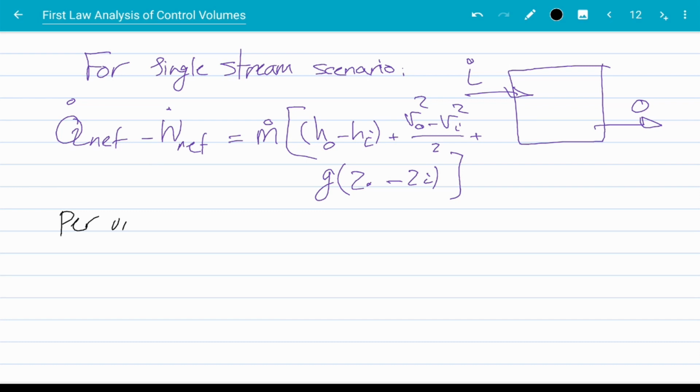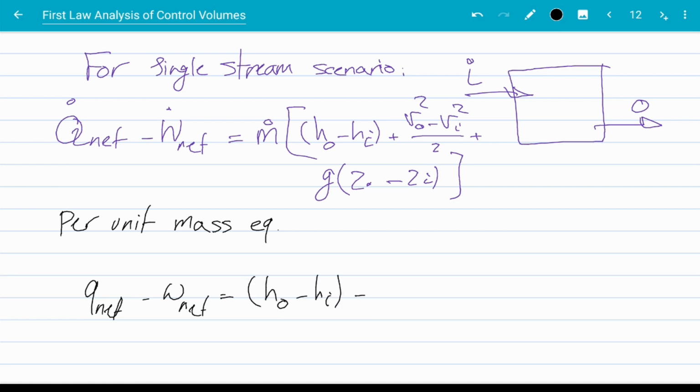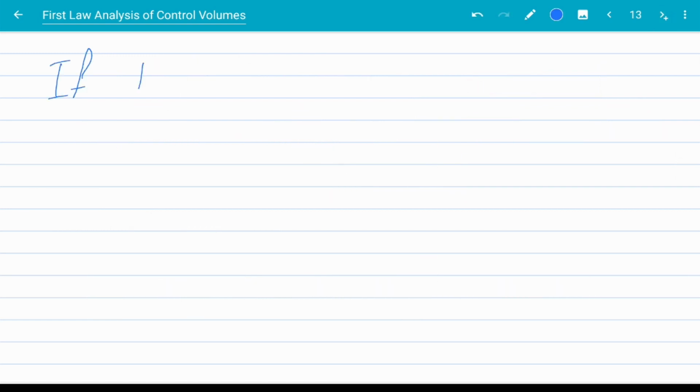We have a per unit mass equation as well. Divide everything by m dot, you get Qnet minus Wnet is equal to HO minus HI, velocity squared O minus velocity squared I over 2, plus G ZO minus Z. Now, if potential energy and kinetic energy can be neglected,